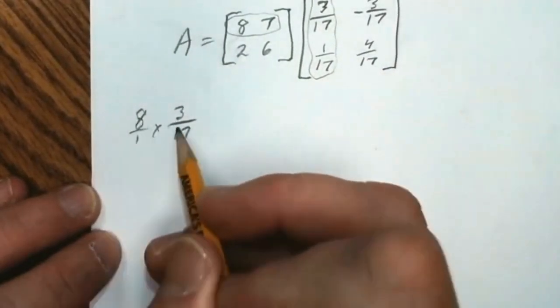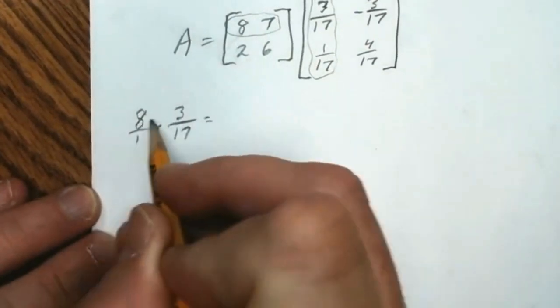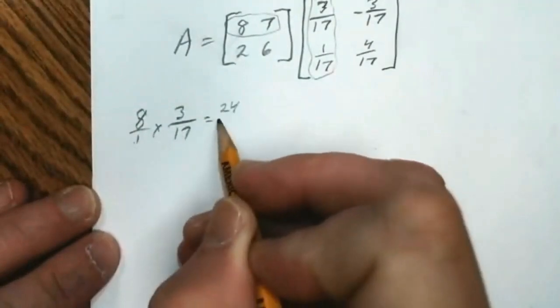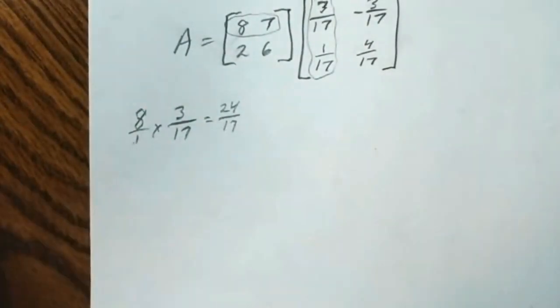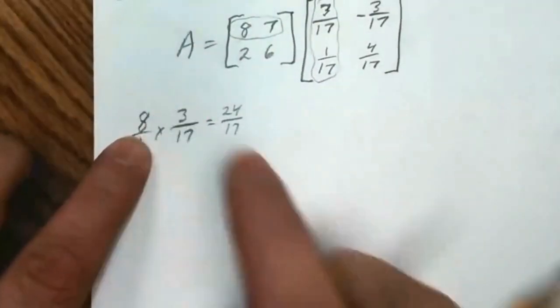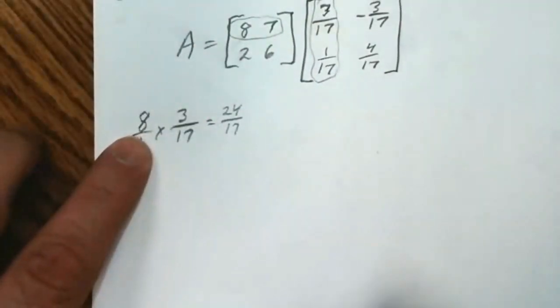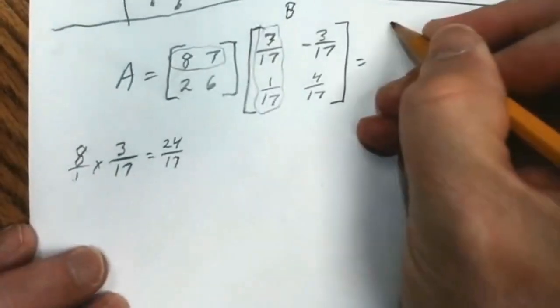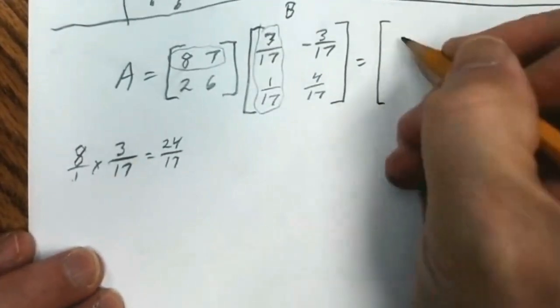But we multiply 8 times 3/17. You just multiply straight across. 8 times 3 is 24. 1 times 17 is 17ths. So 8 times 3/17, you just multiply the top number and leave the fraction. 24/17. So let's put that here. So that's